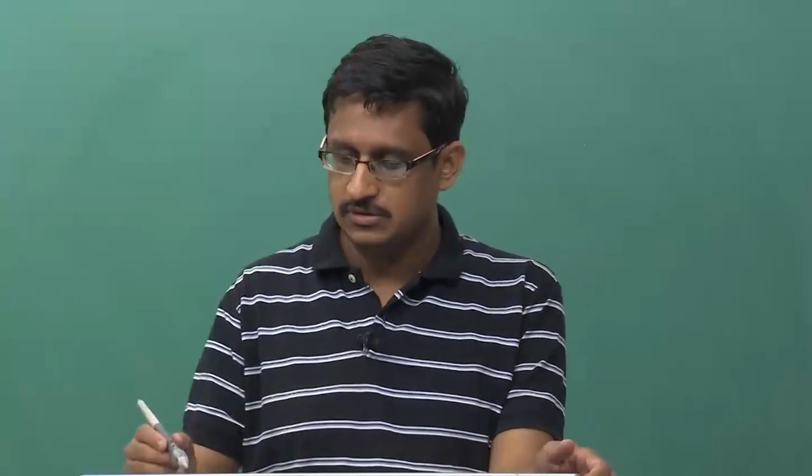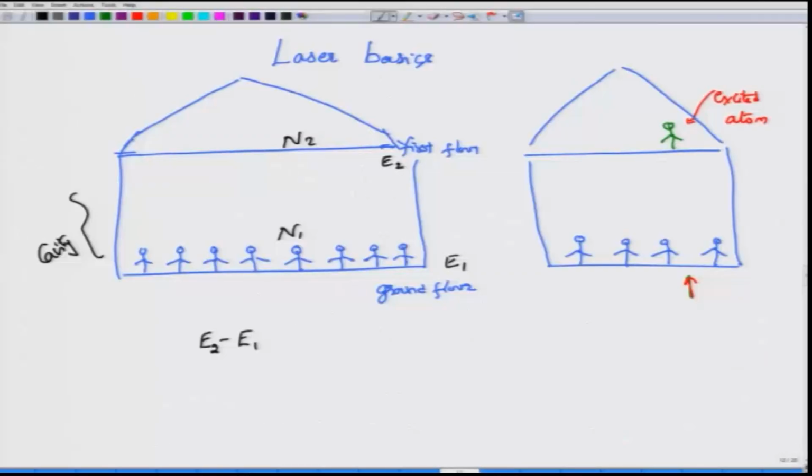Now, suppose that we are at a higher temperature, which means that some music or something has been turned on on the first floor, and there will be some people who like music, and what they will do is climb up the stairs. Okay. So, these are my stairs, in a very crude manner, and they will go to the first floor. We call them excited atoms in the matter.